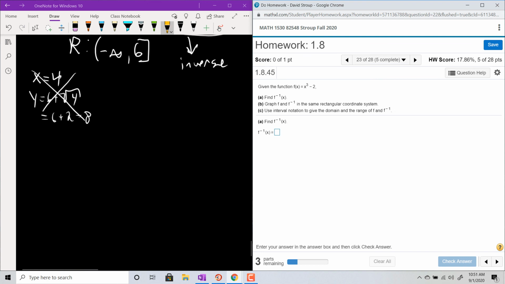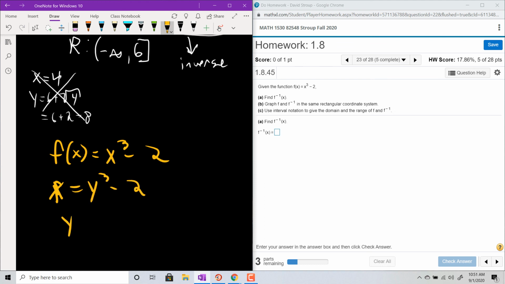Let's go ahead and do this one because you're not going to have to worry about a restricted domain. If you have like an odd power, it's not an issue. Okay, you don't have to worry about it because it's going to be 1-to-1. And so for f inverse, if you have f of x equaling x cubed minus 2, you know, so x would be y cubed minus 2, and then y cubed equals x plus 2, and then you take the cube root on both sides. Okay, so you have the cube root of x plus 2